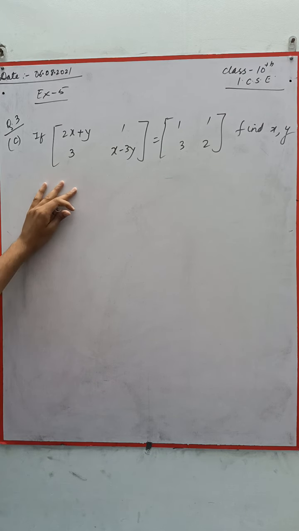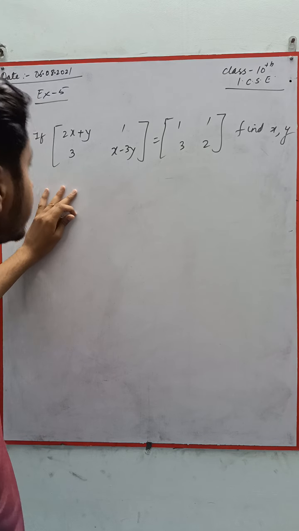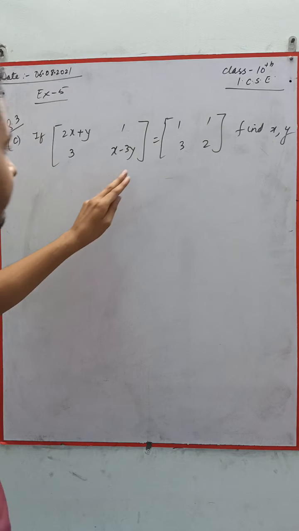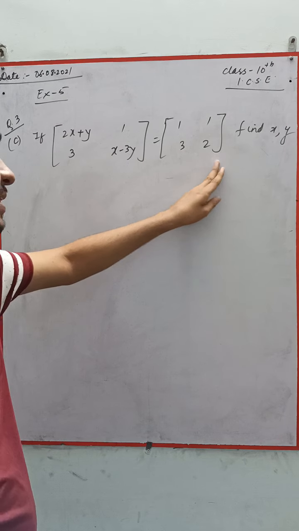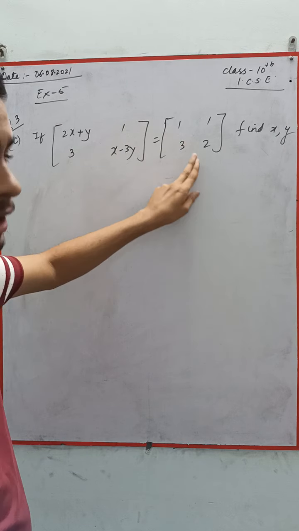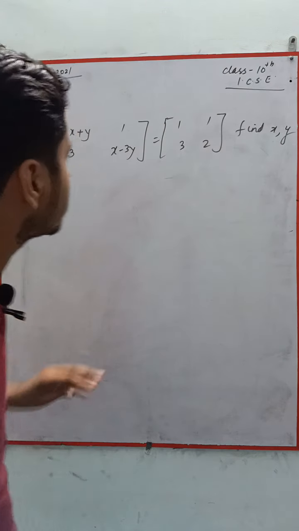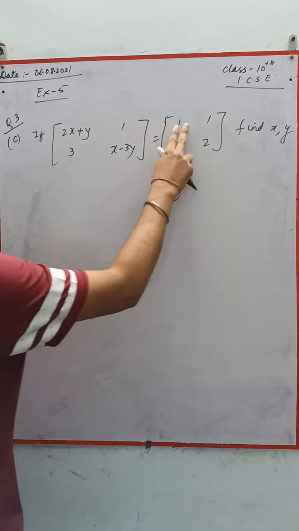So as I told you, equality of matrices: two matrices can be compared only when the order of the matrices is the same. Here the order is 2 cross 2. Here also the order is 2 cross 2. We need to find the value of x and y. So can we equalize the elements? Okay. So on comparing,